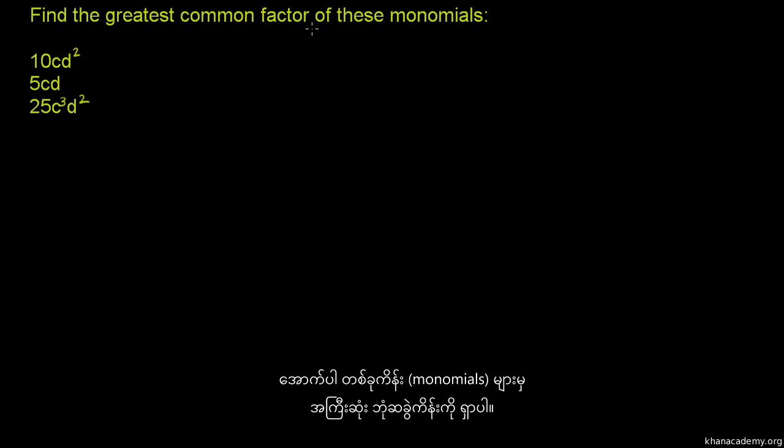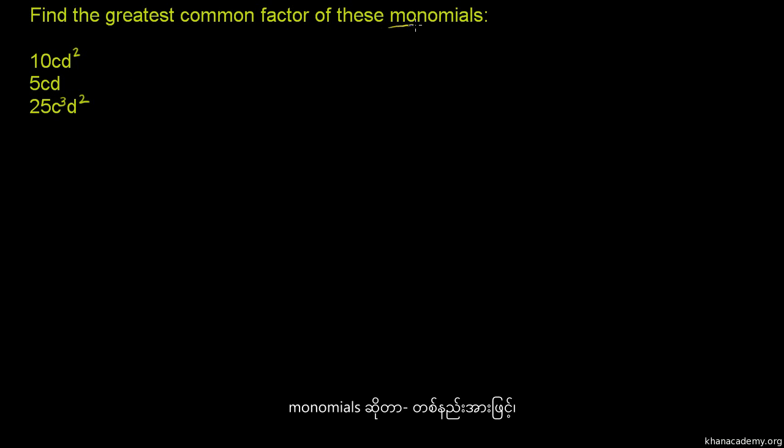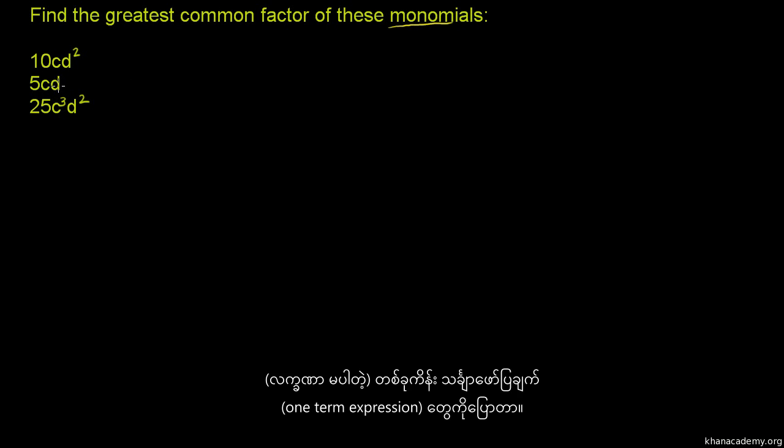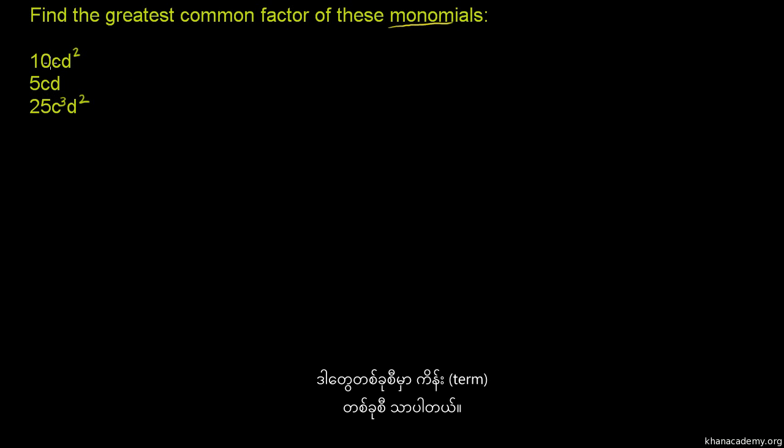Find the greatest common factor of these monomials. And when they say monomials, that's just a fancy word for saying a one-term expression. Each of these obviously only has one term in it. Now, to find the greatest common factor of these, the way I think about it is I like to break